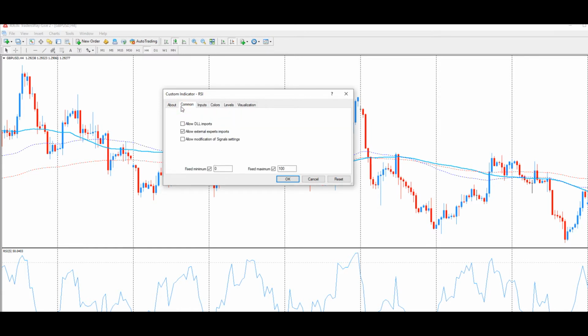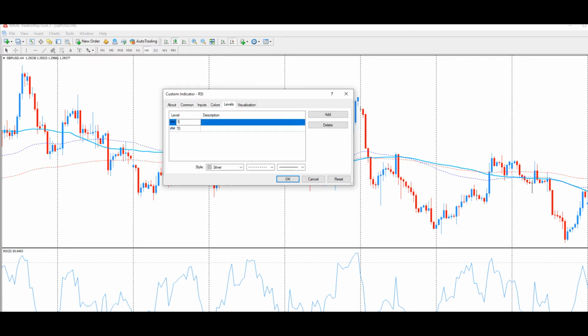Now you will see yours will look like this, and you want to change it to 5. This should be the first box to pop up, the inputs tab, but if it's not, just click on it. And you will put 5 right here, because we want the 5 period RSI, and then you can change it to whatever color you want. As you see, mine is set to blue here. But the levels are another important part. You want to make sure that your levels are 15 and 85. All right,